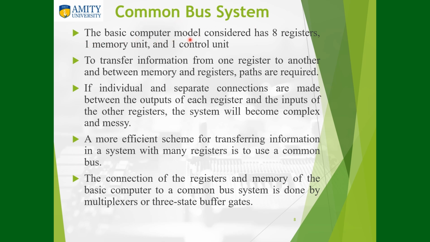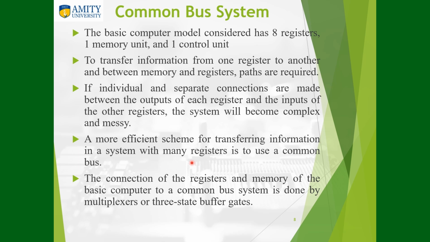The basic computer model has 8 registers, 1 memory, and 1 control unit. We studied the 8 registers. To transfer information from one register to another and to the memory, paths are required. If individual and separate connections are made, it would become very complex and messy. Plus, it would be really hard to update the system and make any changes to it. A more efficient scheme is using a common bus system,